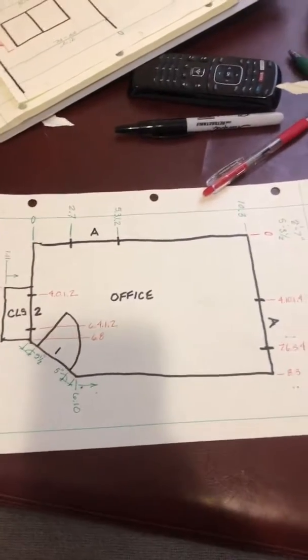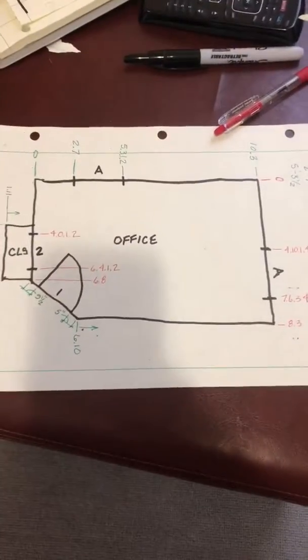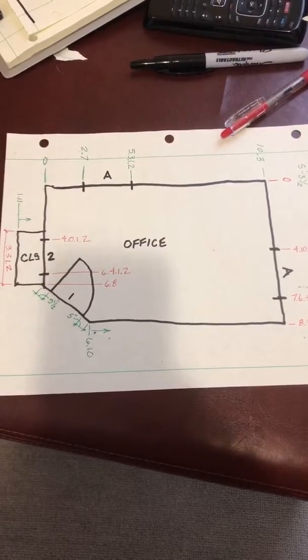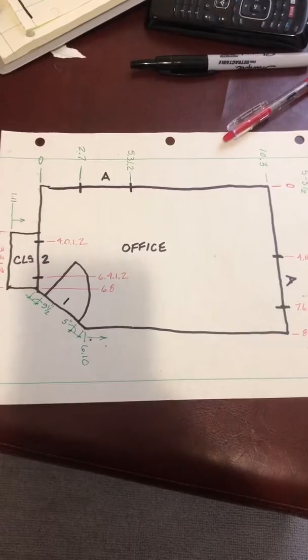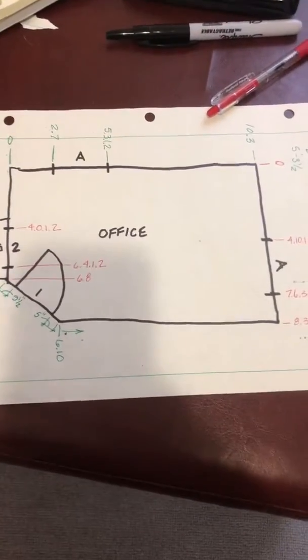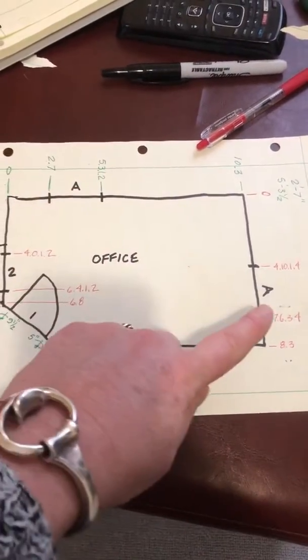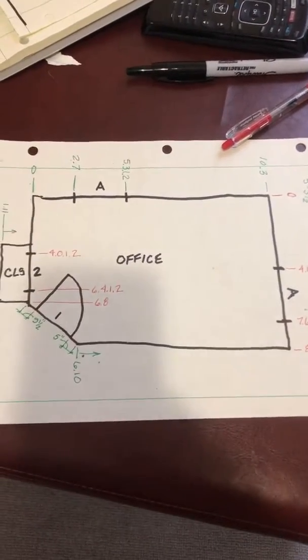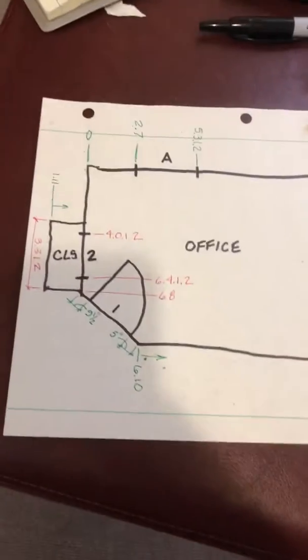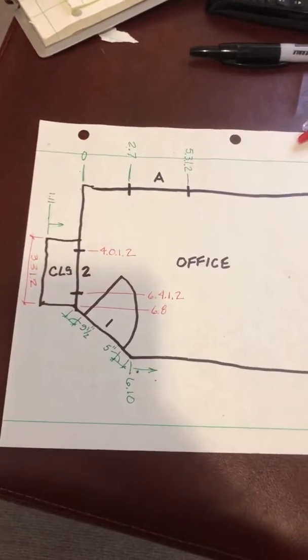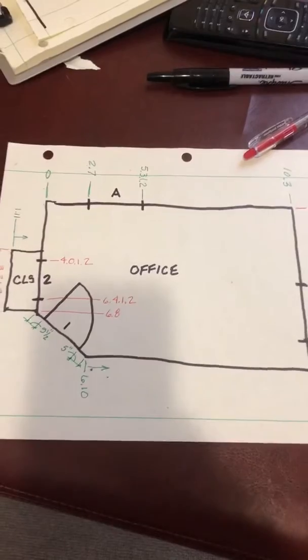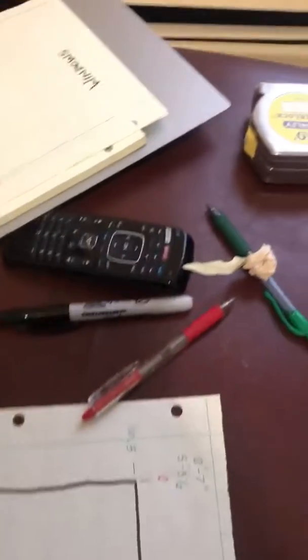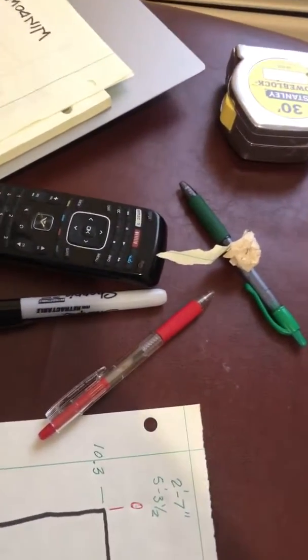So the last step is to record the height information for the space. On the plan, I labeled the windows. Both of the windows are the same size, so they're both labeled with the same letter. And then I labeled the opening for the closet and the entry door. And then on a second sheet of paper, I measured,